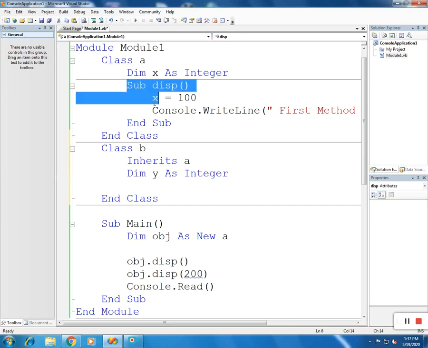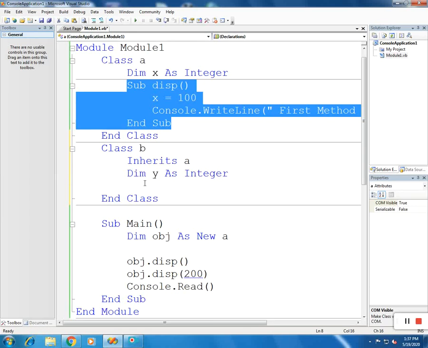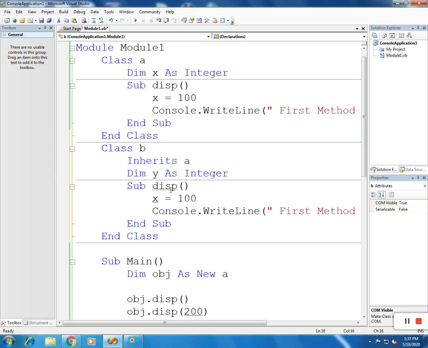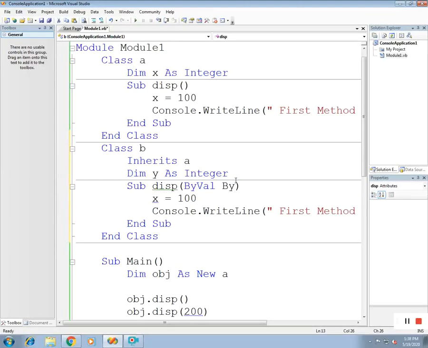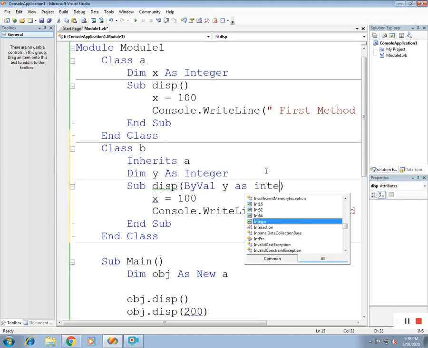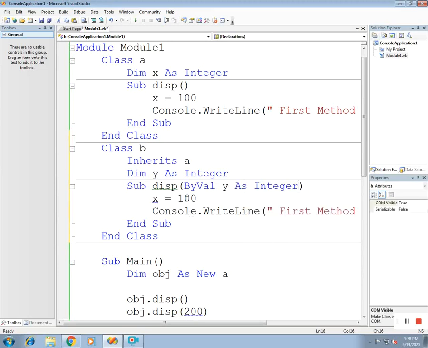We will pass the value ByVal, change the parameter ByVal y as Integer, and y.